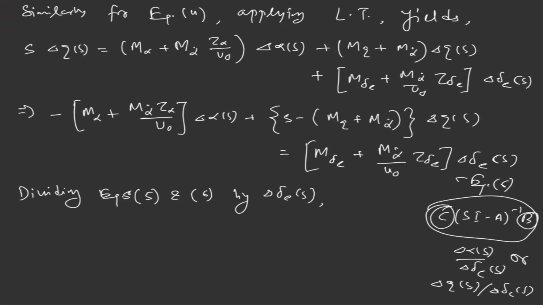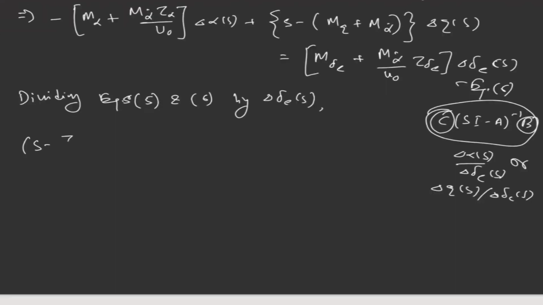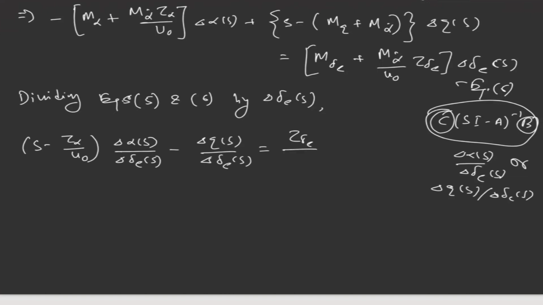We get S minus g alpha divided by U naught, capital delta alpha divided by delta ES, minus delta QS divided by delta ES, equal to g delta E divided by U naught. This is equation 7. And for equation 6, we will have